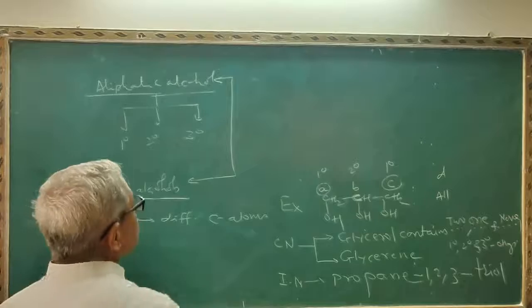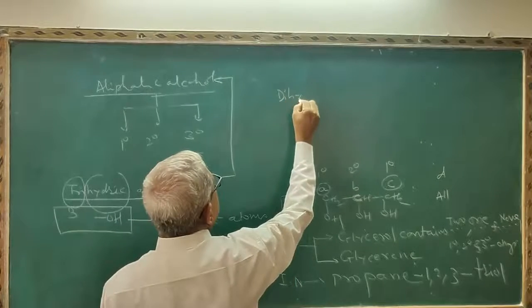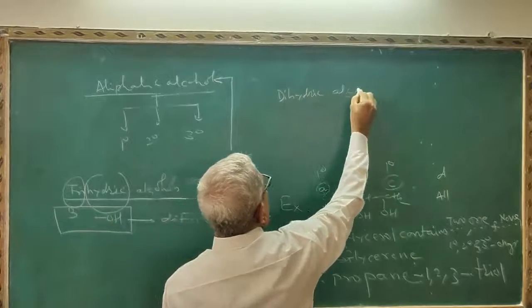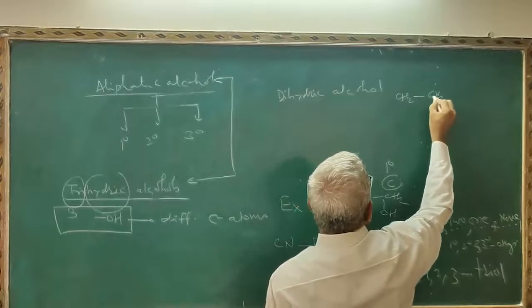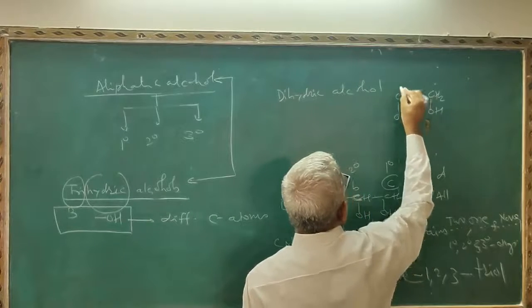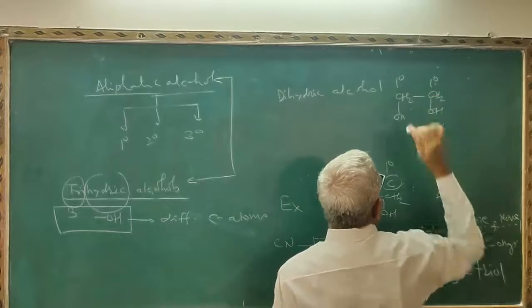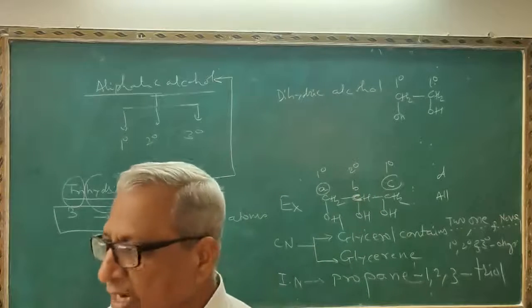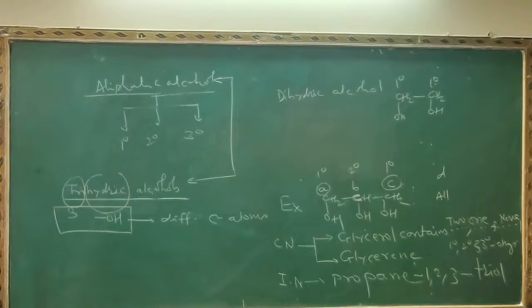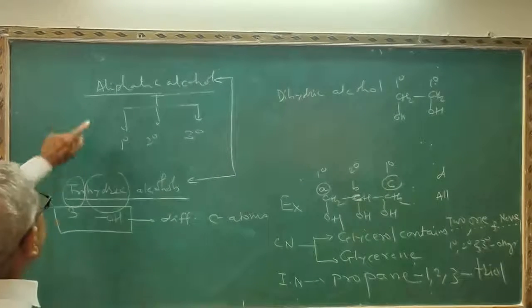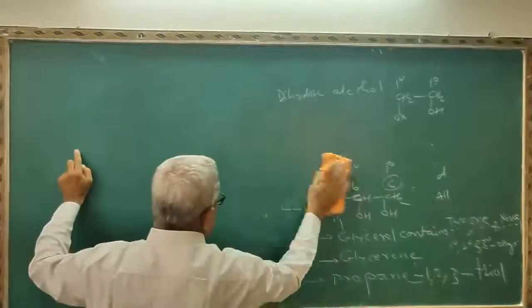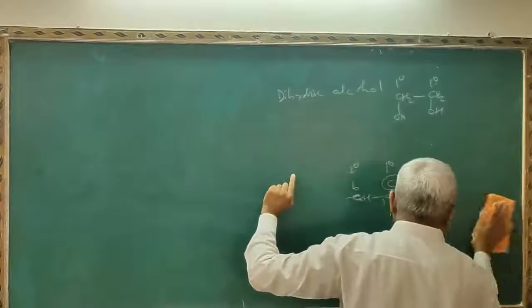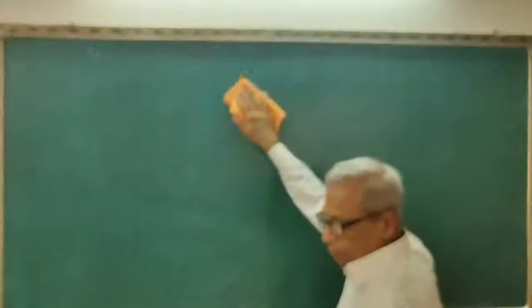Now take the second question on the dihydric alcohols. You learned the example glycol. This is the formula for glycol. What is the type of this OH group? Primary. Again, this is primary. Remember that glycol contains two OH groups and both are primary. So this is the revision of the title, aliphatic alcohols. So we completed monohydric, dihydric as well as trihydric alcohols.